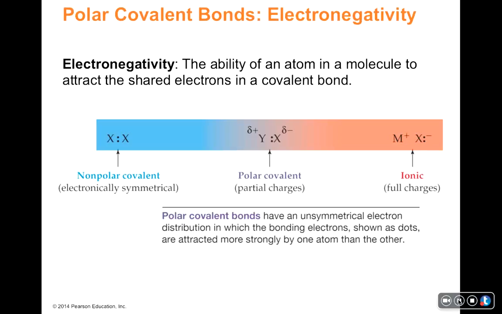positive charge. The one with a partial negative charge would have the higher electronegativity. That indicates that it can pull those electrons more strongly to itself, so it feels essentially an extra electron around it, and that's where it gets that partial negative charge. The Y would have the smaller electronegativity value, and so it feels like it has a partial positive charge on